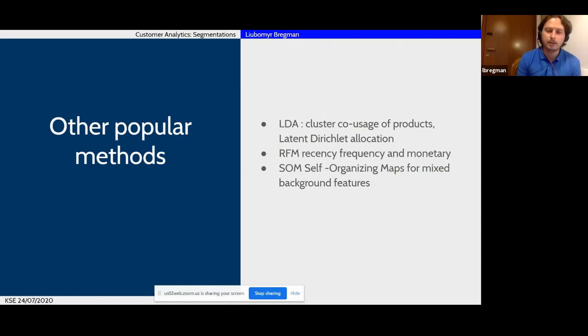For example, in your business, for whatever reason, you categorize people as new, old, coming from a certain background, and so on. So it's basically a category of text. And all the algorithms which we discussed so far don't really work well with categories. They work well with numeric data.